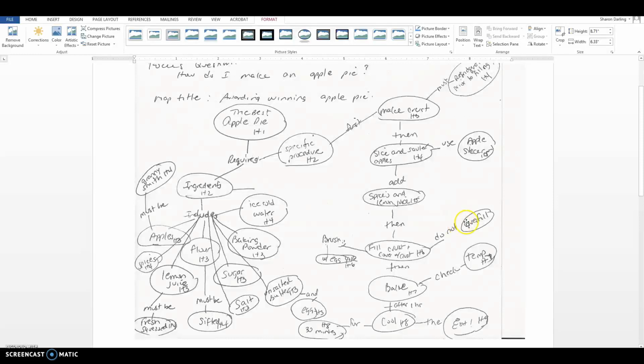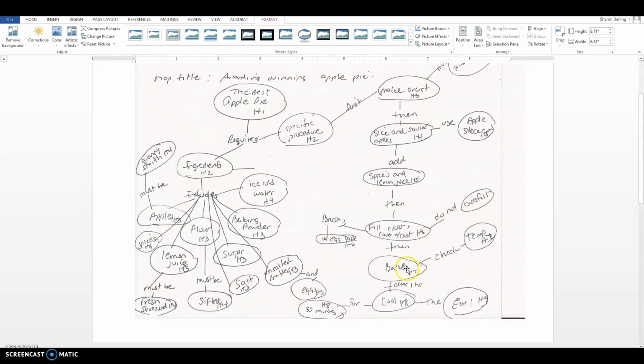I say all of these are level 6s because they pertain to the crust. Then I want to bake and check the temperature, and after 1 hour I want to cool. I want to cool for 30 minutes, and as you can see, I'm adding H levels, or I'm saying that they're equal. And then the last step in my procedural map for how to create an award-winning apple pie is